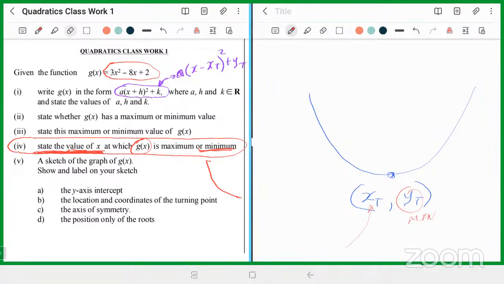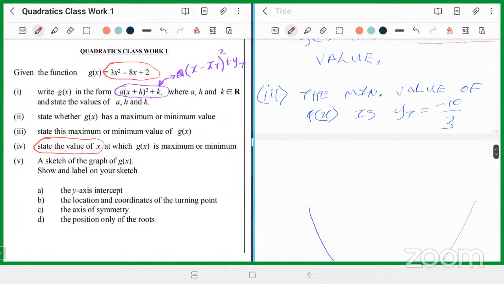So again, this is an answer where you cannot work out anything. There's no need to work out anything. That's why it says state. So the function is minimum when the x value is equal to the x value at the turning point. Like the xt value and the yt value go together. They go together because they are the same point. Right? So for part 4, we can say something like g of x is minimum